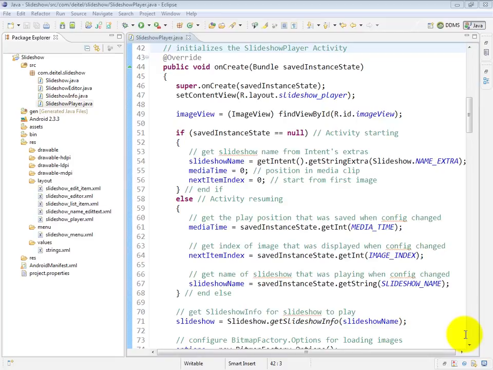The overridden onCreate method is going to initialize the SlideshowPlayer activity. We specify the view for the activity. Then at line 49 we find the image view where the images will get displayed during the slideshow. Now at lines 51 through 68, the if-else statement we show here determines whether or not the activity is starting